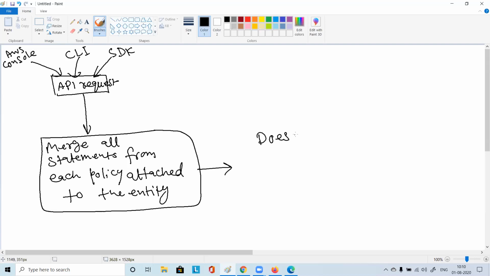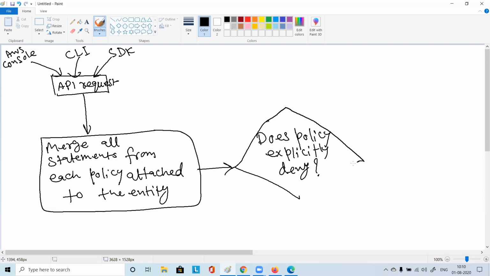They will check: does the policy explicitly deny? It is like a flow chart. It can be yes or no. Say yes, then whatever request has come for the resource will be denied.